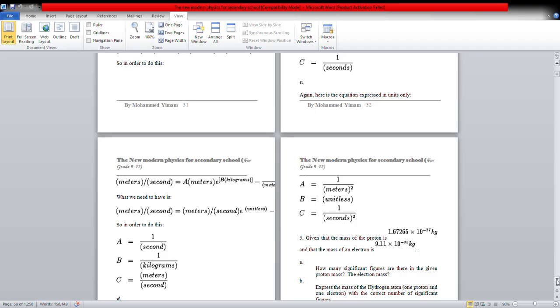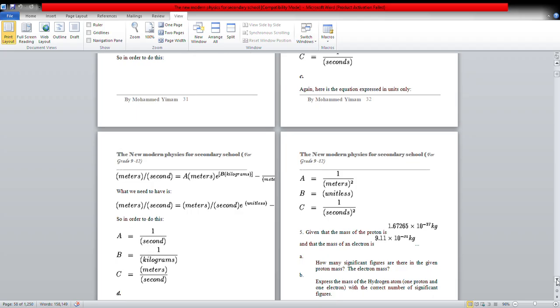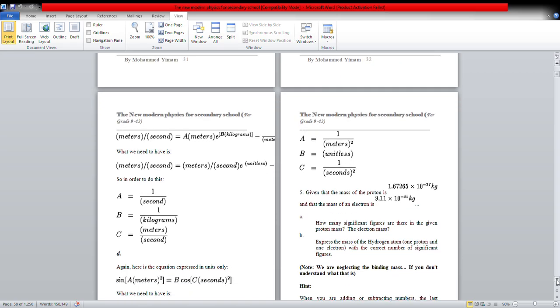What we need to have is meter per second is equal to meter per second to the power of unitless, minus 1 over meter. So in order to do this, A is equal to 1 over second, B is equal to